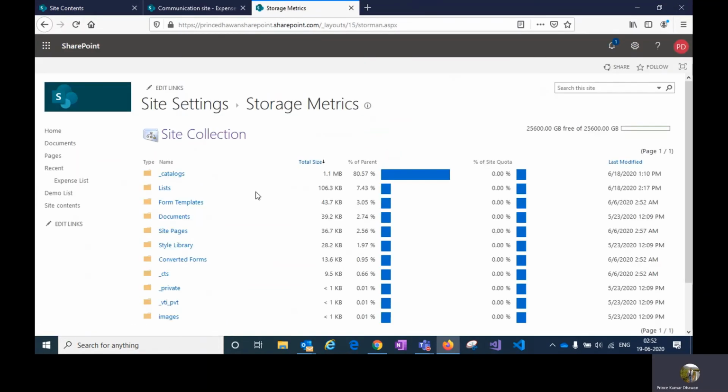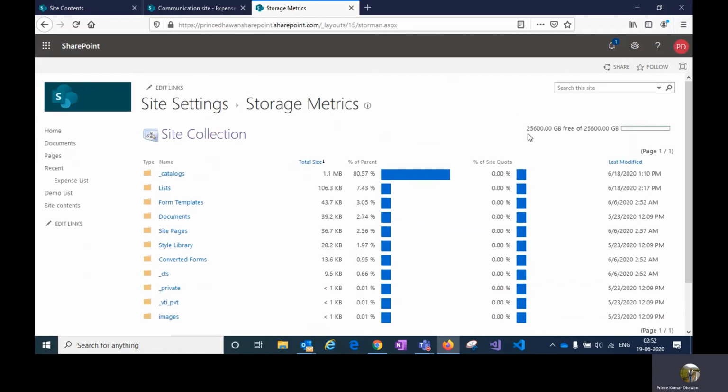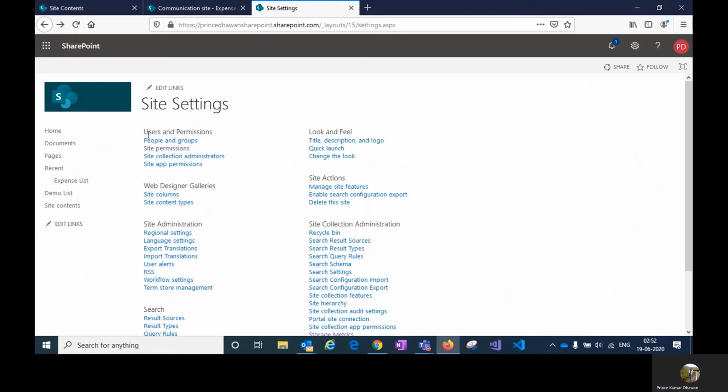Click on storage metrics. You will be able to see how much storage is being used in which option. But ultimately, I would like to show you this option, which is 25 terabytes out of 25 terabytes. Meaning in my case, 25 terabytes is empty. I can use the 25 terabyte quota of storage,